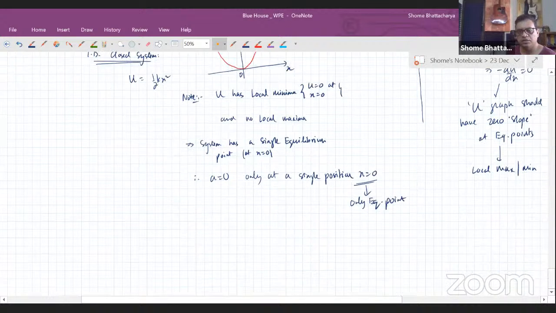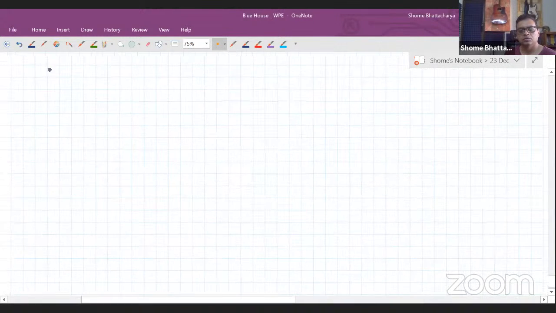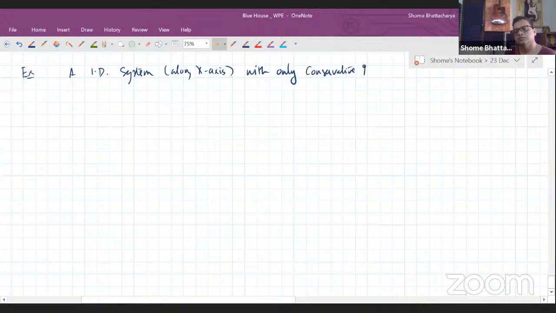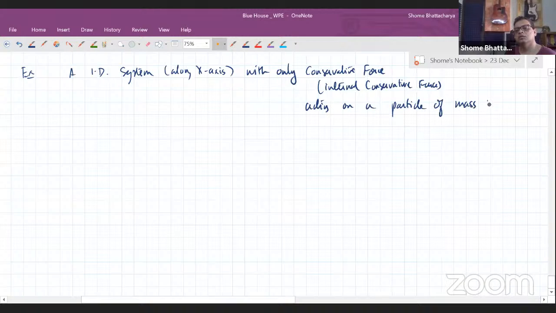Okay, so let's look at another example of a system. A 1D system along the x-axis with only conservative force, that is internal conservative force, acting on a particle of mass m has potential energy given by the formula